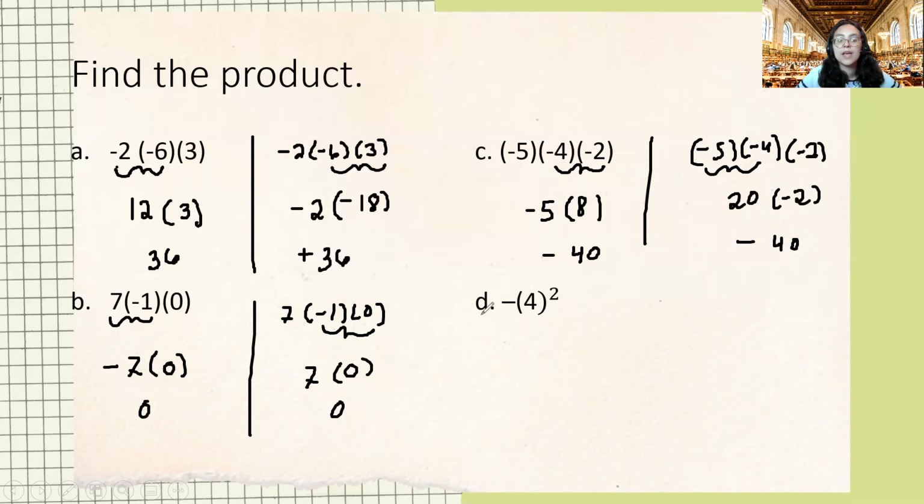Okay? For D, I have this power 4 raised to the second power, and I have a negative sign outside. So what I can do is actually write this as -1 times, because this right here is a -1. It's just invisible. So here I can write out my 2 factors of 4, because this exponent tells us we have 2 factors of positive 4. So now I can just multiply it as we've been doing in the previous examples. So I can start with -1 times